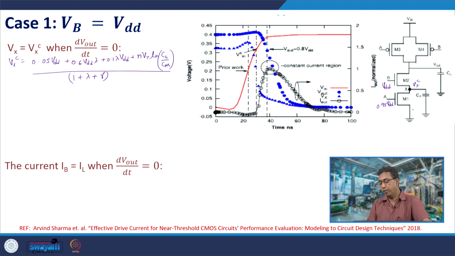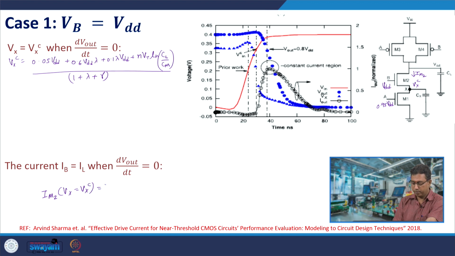We want to find out the current IM2. This is what discharges the output node. So, we want this current value. What is the value of that current? When Vx is equal to Vxc,